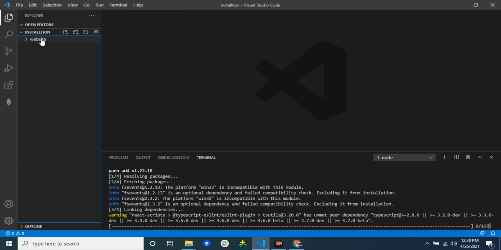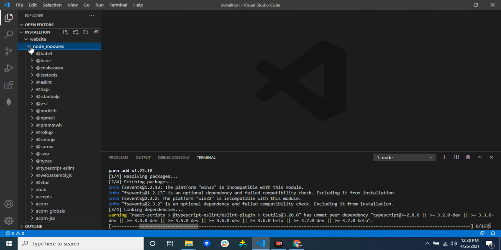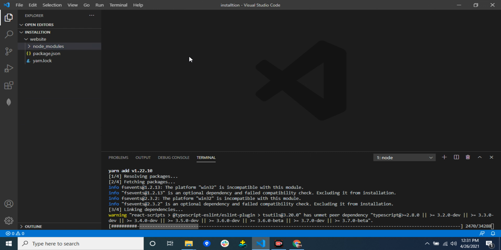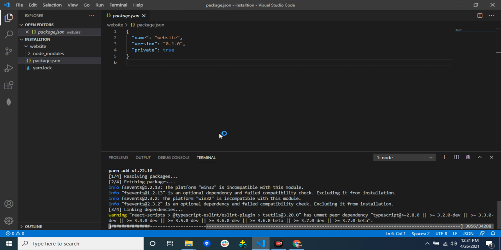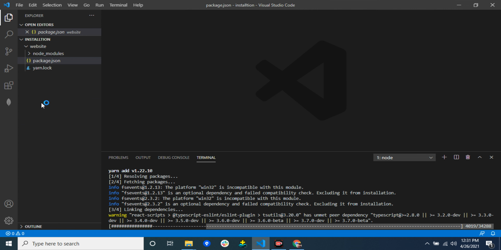Here you have to just show your website name, and in these two running processes, I'll show you. First it creates the node modules, and all the packages you have to install are imported automatically, with the paths captured automatically. The package names here are under construction, which means it is processing all the installations. After installation, I'll show you how to start the React project.